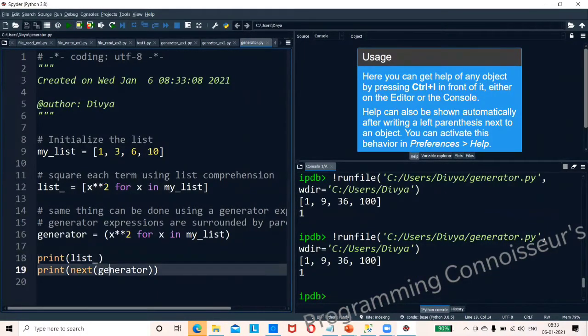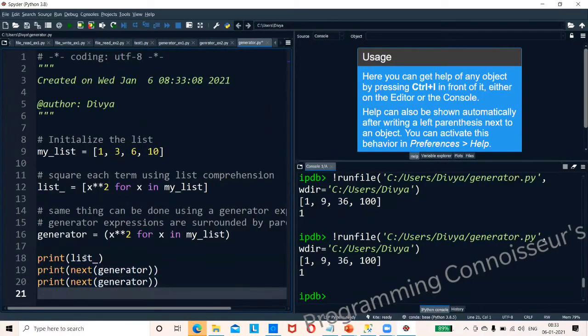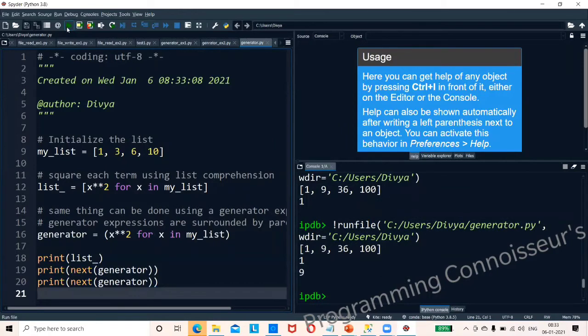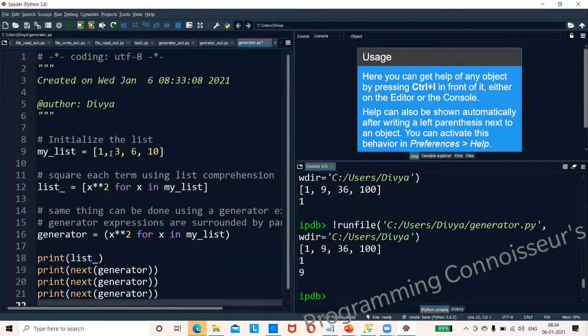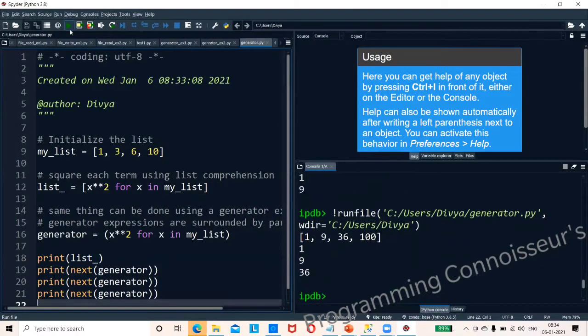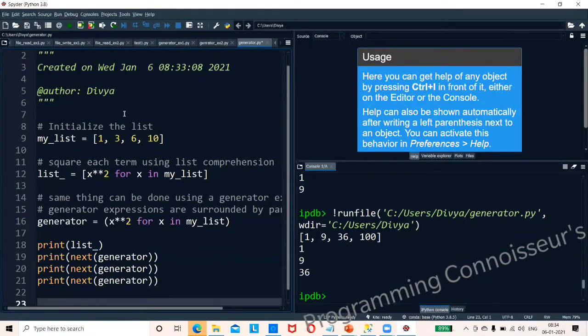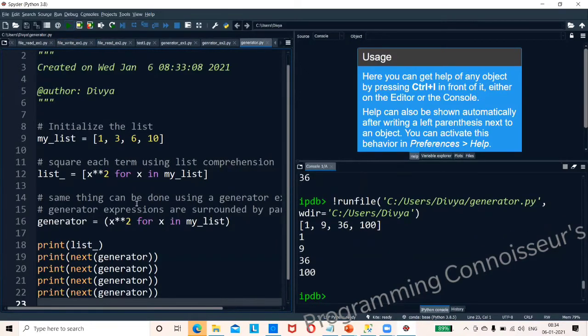Now you want to print it. You understood, right? It became a generator expression.